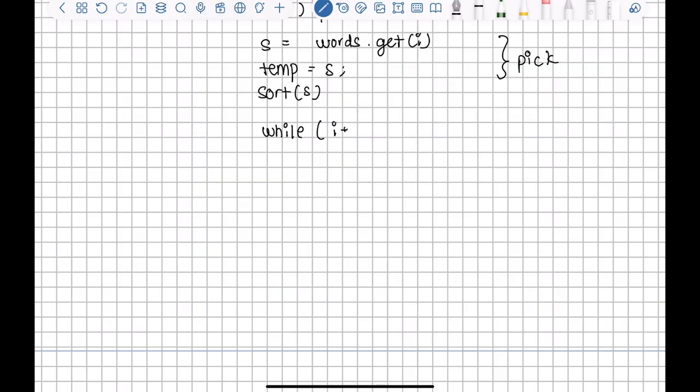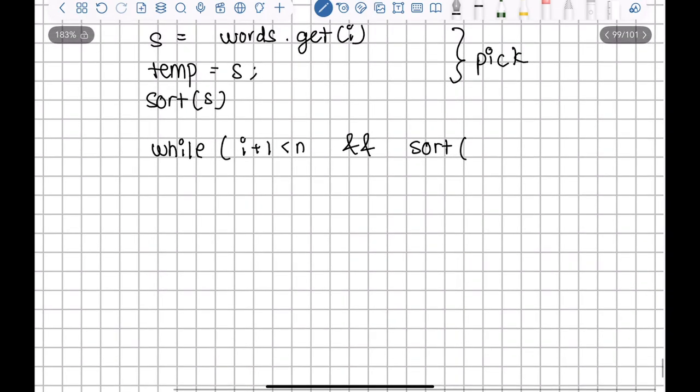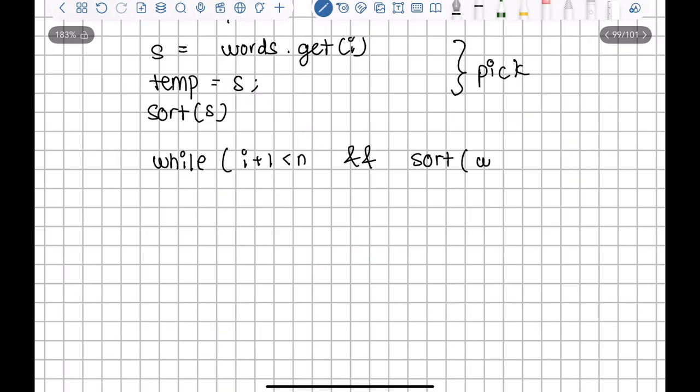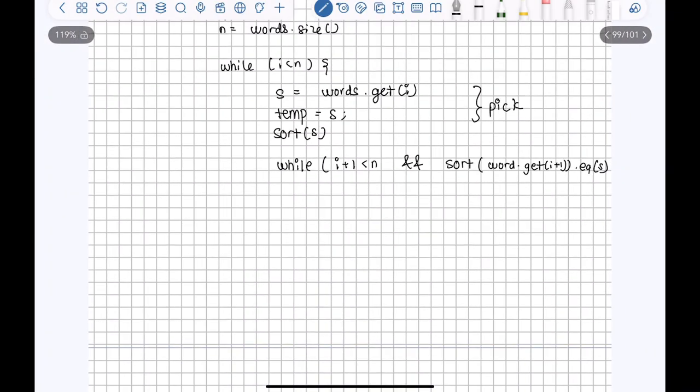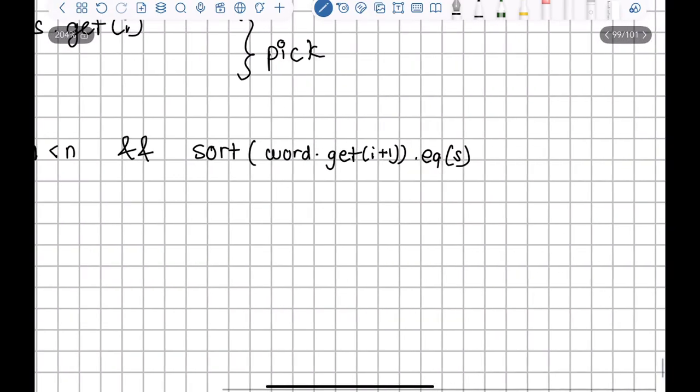While I plus 1 is less than n, basically it is in bounds, and our sorted string at I plus 1, basically words.get(I plus 1), should be equal to S, right? Let me just take all of this here. Basically this,